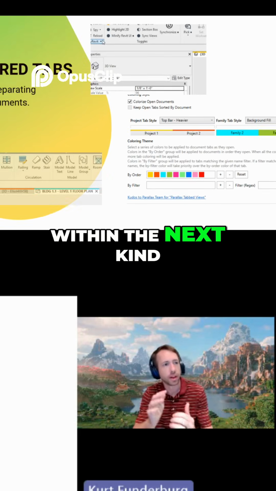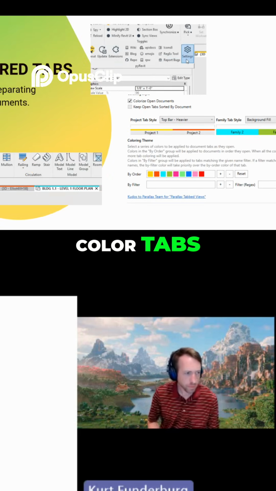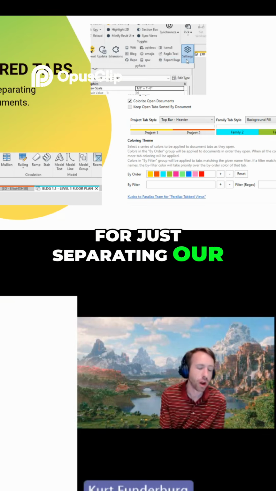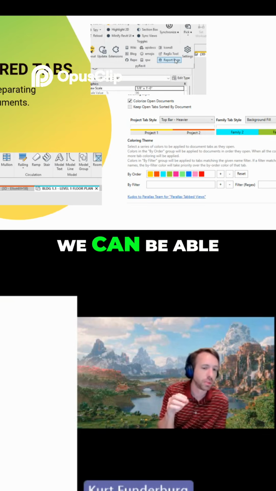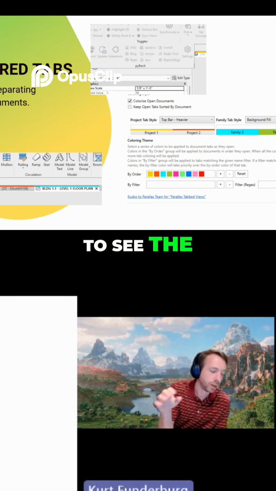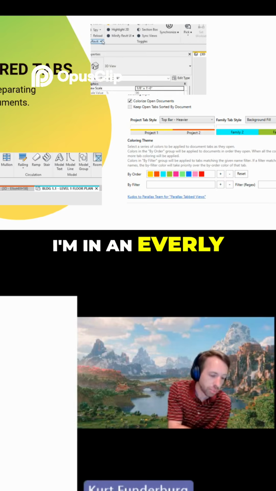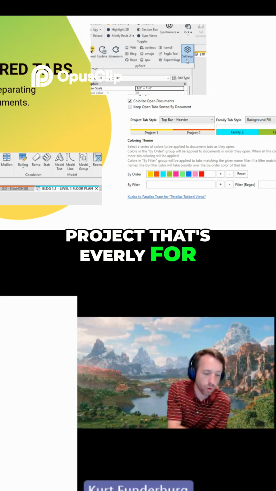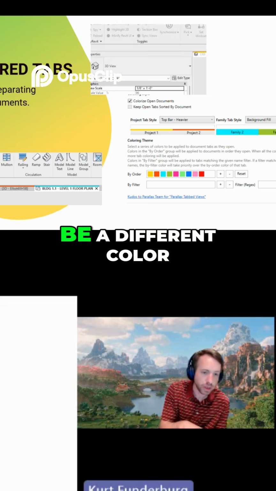Within the next tool is the color tabs. This is really great for separating our projects visibly so that we can see I'm in an Everly project that's Everly 4A1, and then 4A2 would be a different color